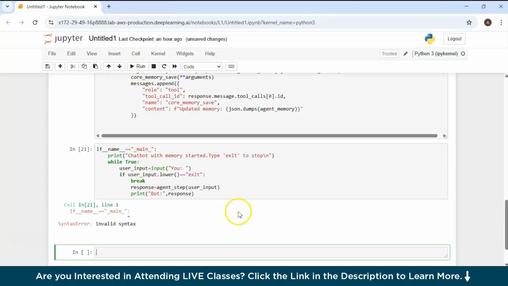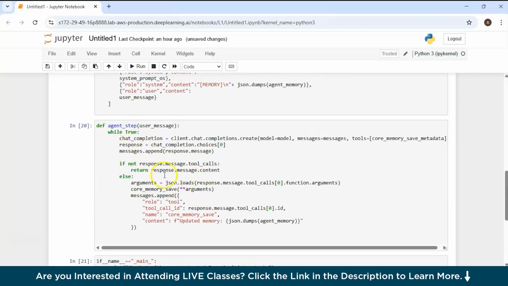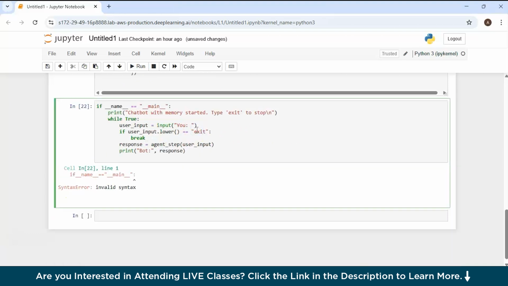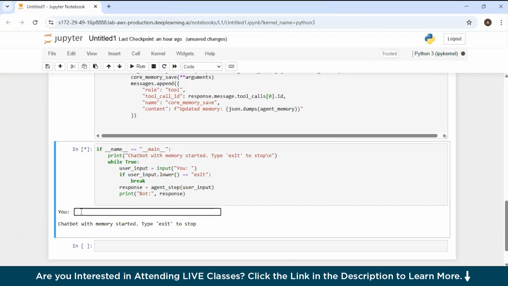So let's just check. Valid syntax. There's a syntax error here. So I think there are no more errors. So let's run it and you can see the output. You can enter the message and here you can see a message of chatbot with memory is started and you can give exit. So let's give it an input of